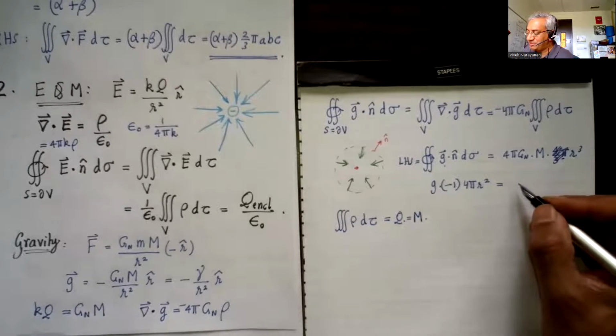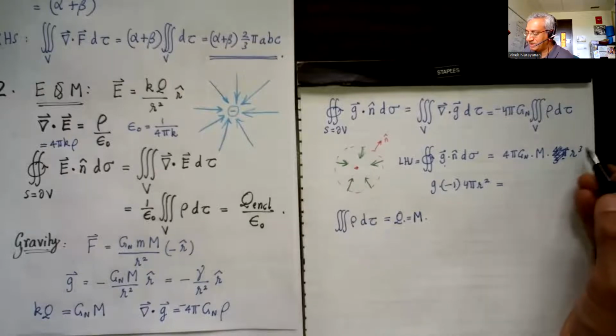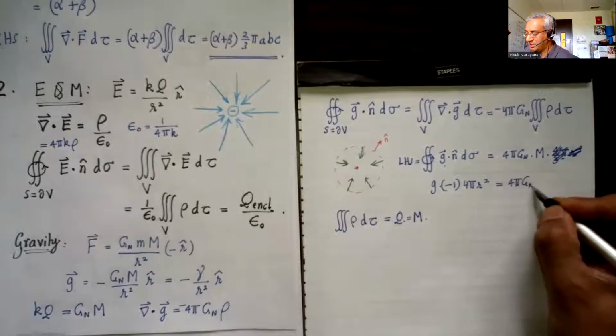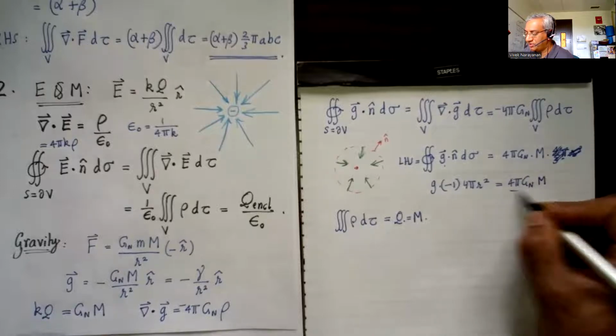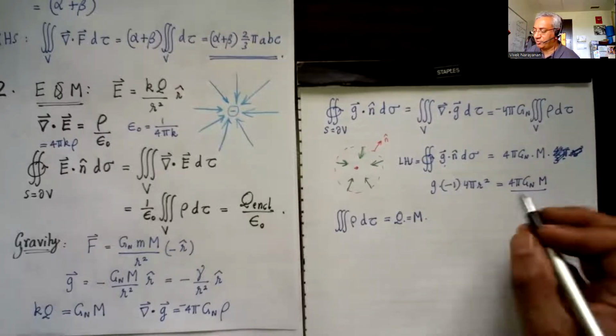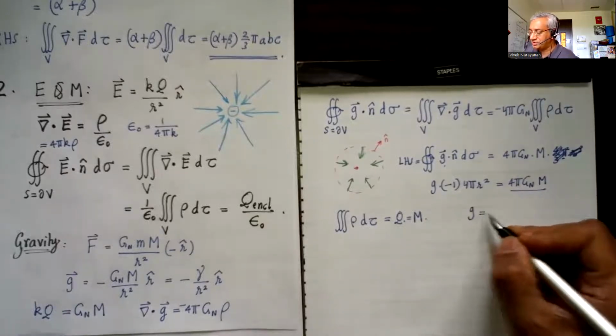So I get G times 4 pi r squared is equal to, there's no r cubed there, it's just 4 pi G_N M. And then when I divide both sides by 4 pi r squared, I'm going to get G equals,